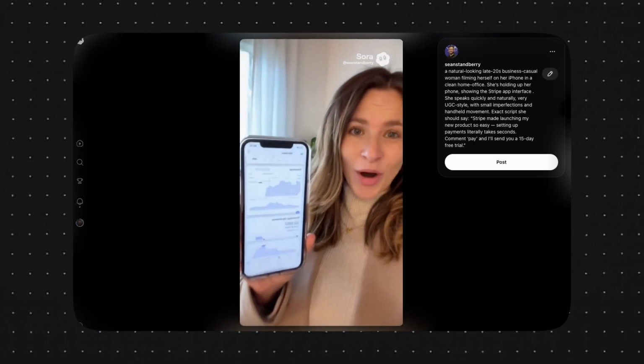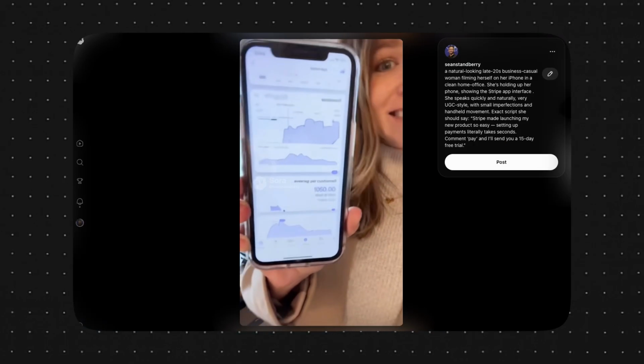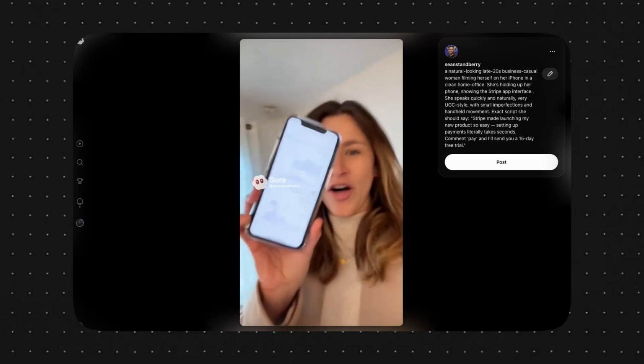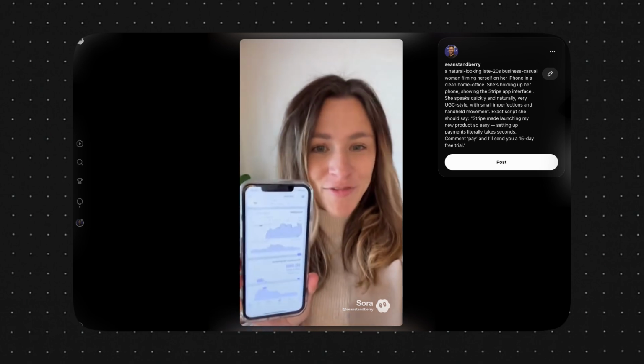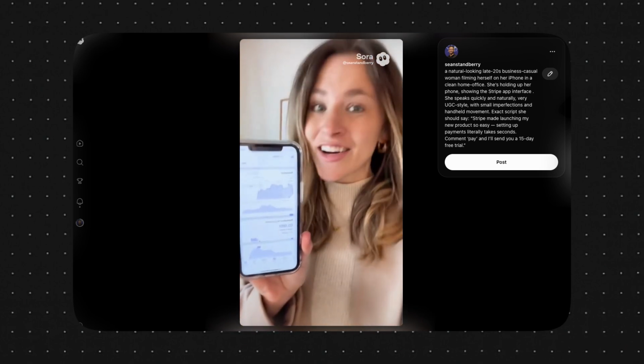Stripe made launching my new product so easy. Setting up payments literally takes seconds. See? All of this in the app. I didn't have to touch a line of code and it just works. If you're curious how it feels to get paid this fast, comment pay and I'll send you a 15-day free